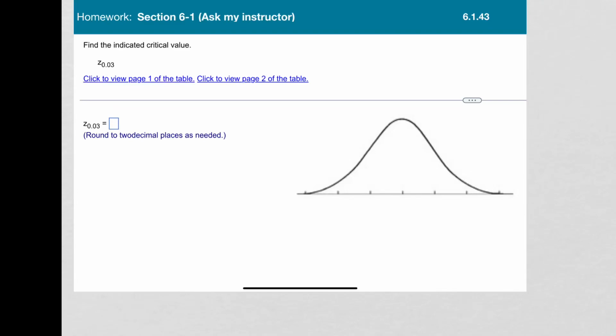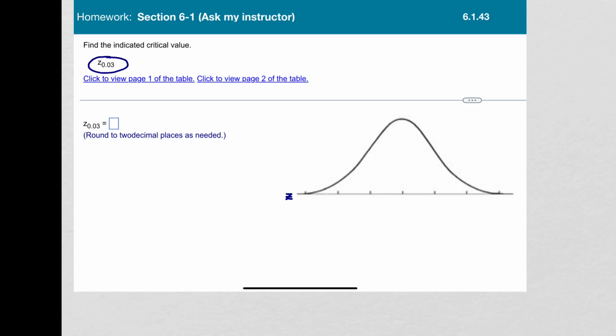In this problem, they ask us to find a critical value. What we mean by a critical value is a z-score, and our z-score is a value that's on this horizontal axis. We find that z-score based on the area under the curve in a certain part of the normal distribution. So in this particular case, we want to find z sub